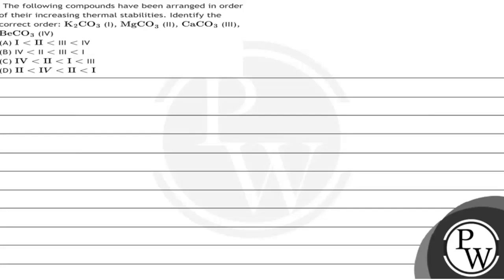Hello bachcho, let's have a look at this question which says the following compounds have been arranged in order of their increasing thermal stabilities. Identify the correct order. The compounds provided to us are potassium carbonate, magnesium carbonate, calcium carbonate and beryllium carbonate. And in the options we have been given different orders of their increasing thermal stabilities and we have to figure out the correct order. The key concept is